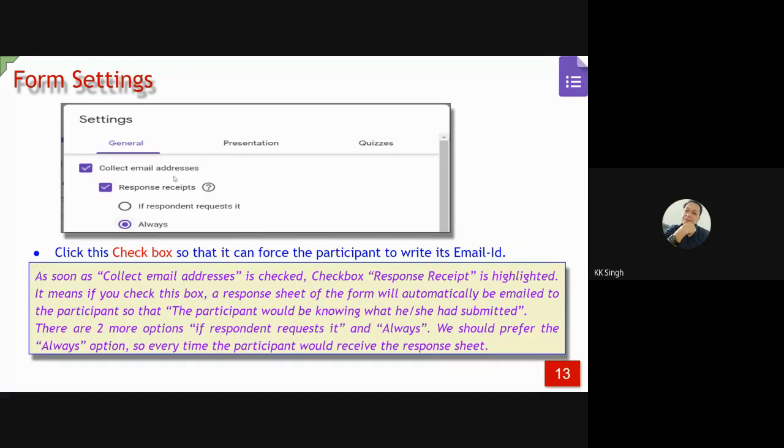Collect the email addresses. Then next is response receipt. Instead of "if respondent requests for it", you should use always, since you are using response receipt. So this is about collecting email addresses and response receipt.